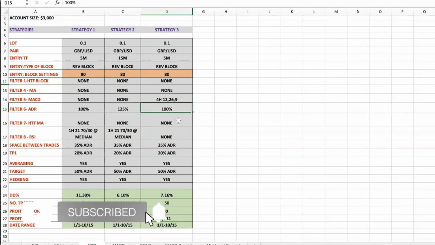So I'll leave you with this. This is a very short video because ADR is very simple. This is mainly only for scalping. It's not really gonna work much for entering on 1 hour or above. It's really only 5 minutes or 15 minutes, and this is very simple. We're looking for overextended, that the market has overextended. We're looking for that reversal, looking for a few pips here and there. And if you would like to go with the trend, then you can